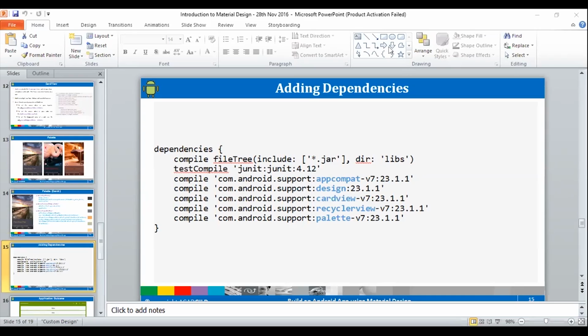So let's move ahead now, and here you can see the dependencies. So dependencies we have to add. Now these dependencies are module specific, so we will add them in the module level file. Guys, all the material designs are given in this support design library, so we have to add com.android.support.design library. If you want to use the card view, you have to include its dependency,